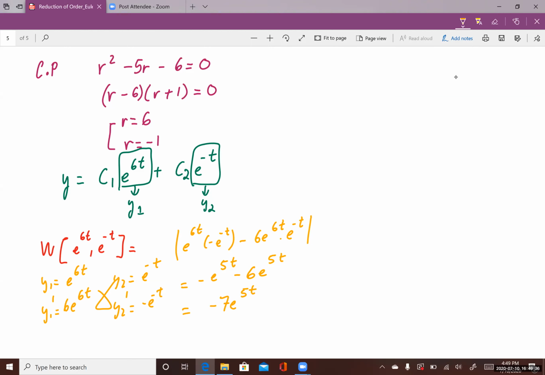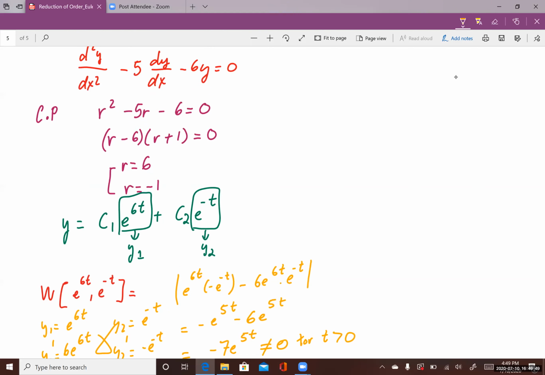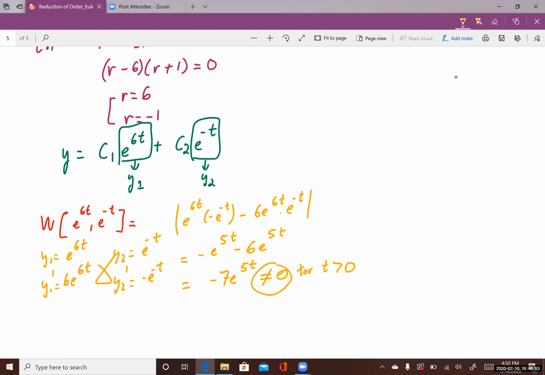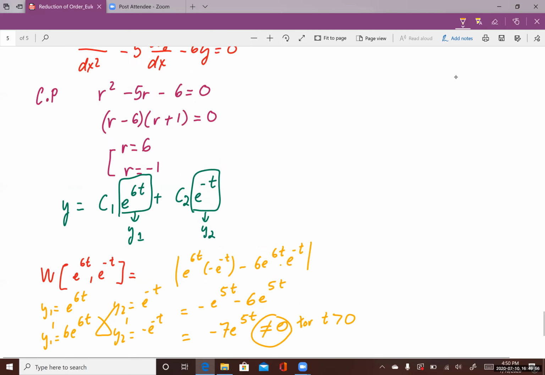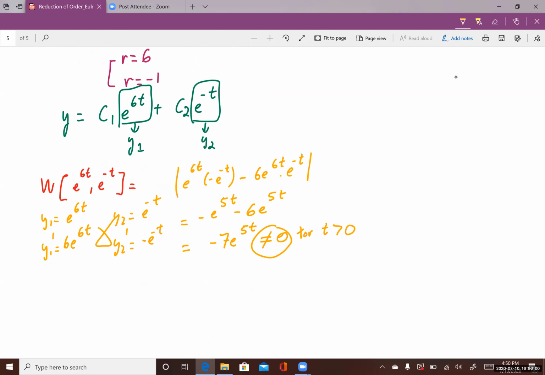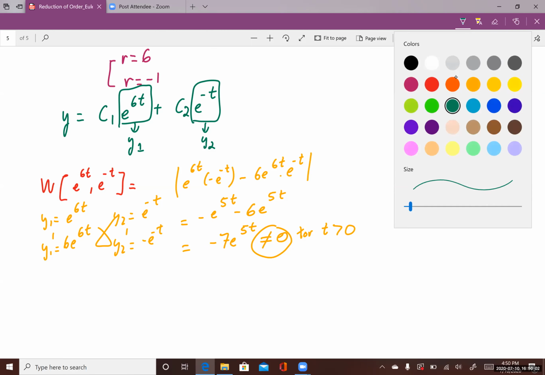And -7 e to the 5t, as you know, is always different from 0 for t positive. So we know that y1 and y2 form a fundamental set of solutions to the differential equation, and then I can conclude that the solution for this equation is